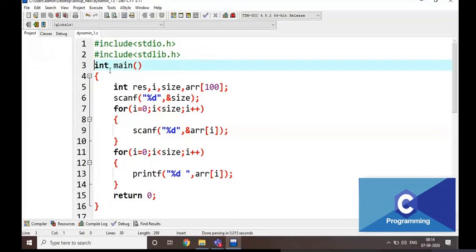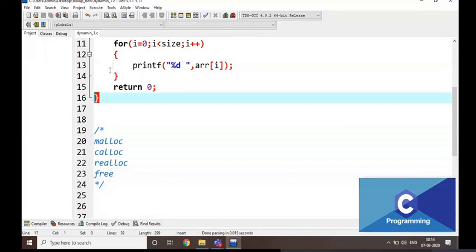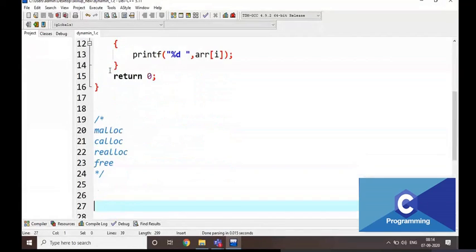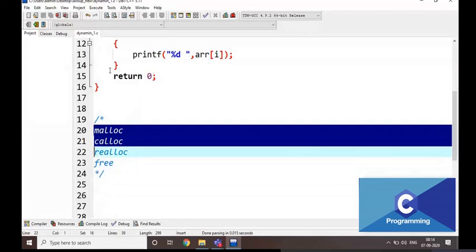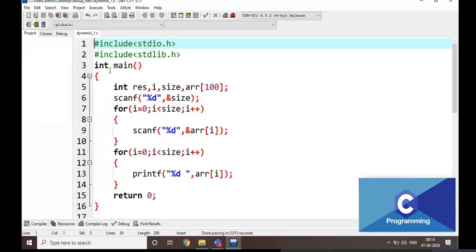These 4 functions are available in stdlib.h. Everyone note it down, stdlib.h. We are using stdlib.h because we are going to work with all the dynamic memory allocation functions.